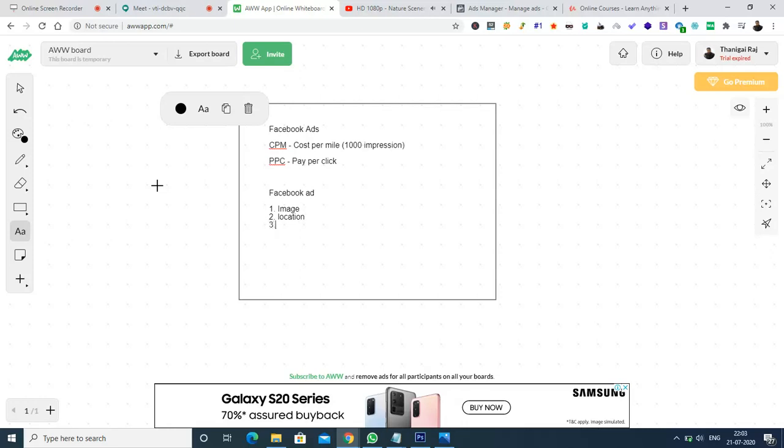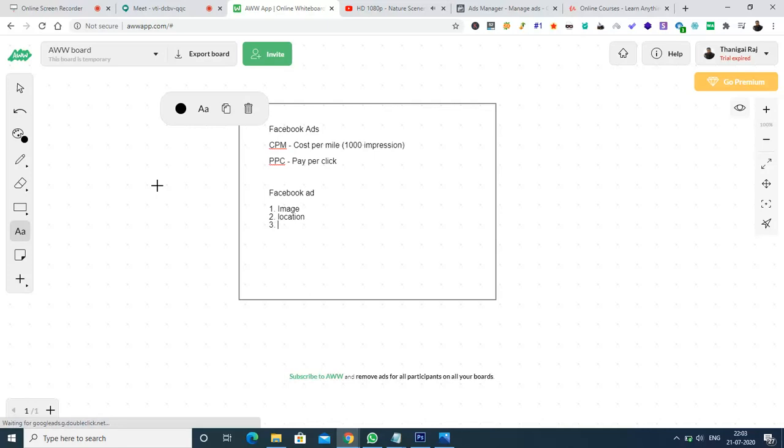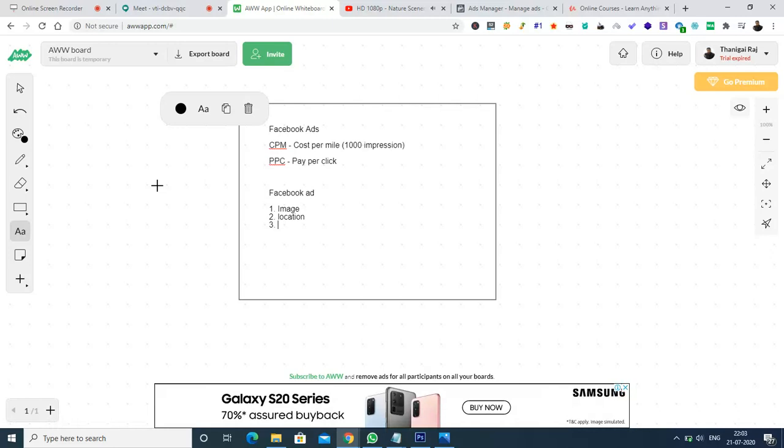So what other details will I be providing to Facebook to run the advertisement? By choosing the location and image, can I run the advertisement? Of course, we can run the advertisement, but apart from this, we also have a lot of other options through which we can feed Facebook, and from which we can get the exact result. So what are those details? A few of them are,